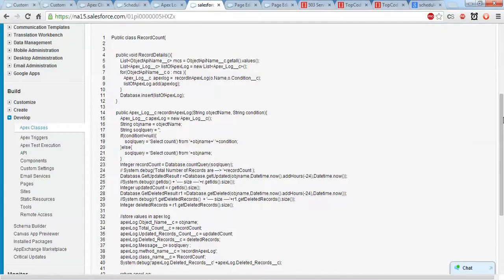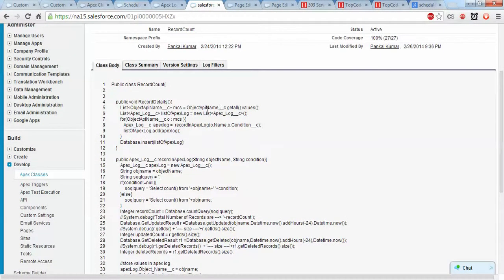In this, I am retrieving all the custom setting data, like whatever object we have defined, such as the account object. If a name and a condition are defined, I am passing them to the record of record in Apex log method.